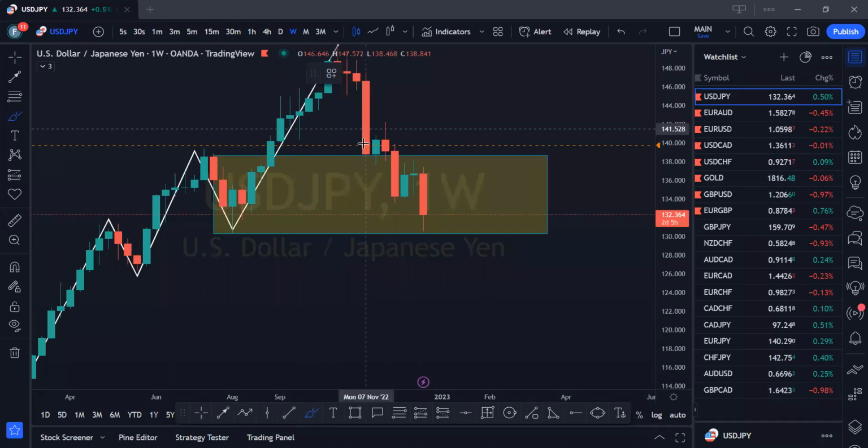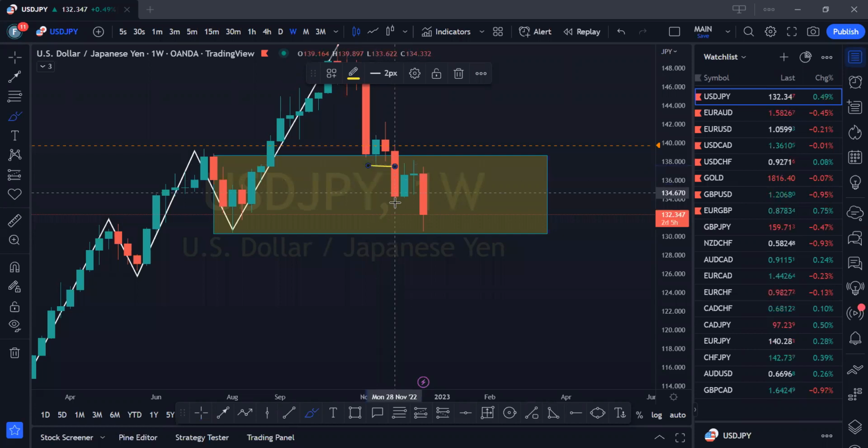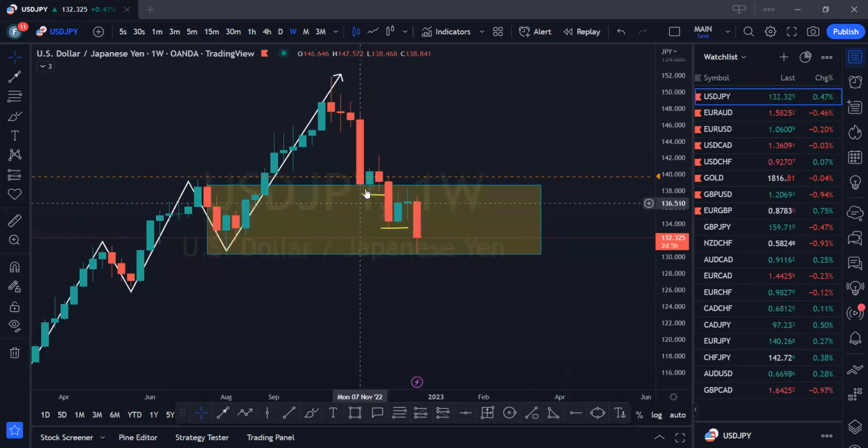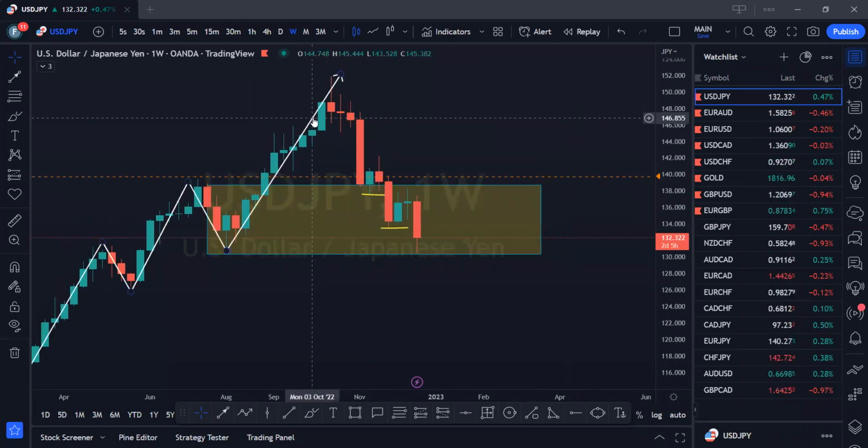In that demand range, what you will notice is activity of liquidation. First time price touched the zone, at that mitigation, you can see over here, this sell move took out this stop loss. Is another mitigation. So we've seen first liquidity grab, second liquidity grab. Ideally, this is a demand, so we are looking for a buy opportunity. If we want to buy, that means we go to a lower time frame and look for a buy scenario.